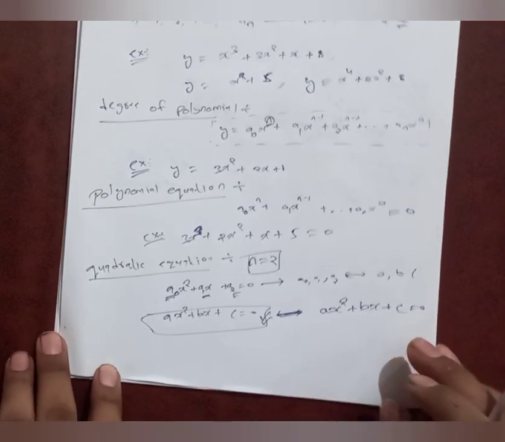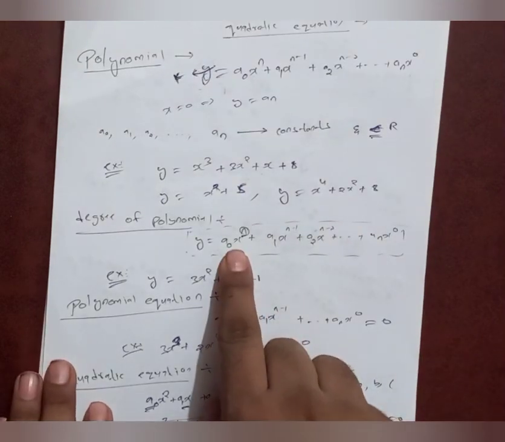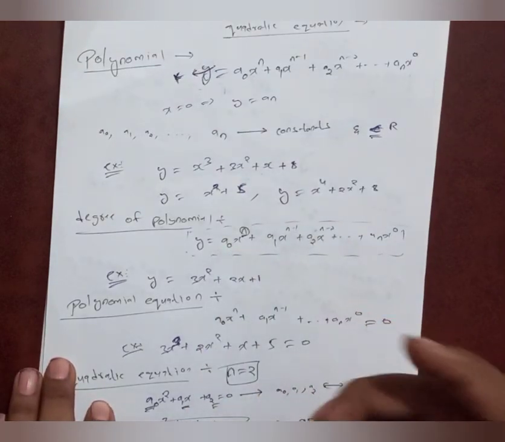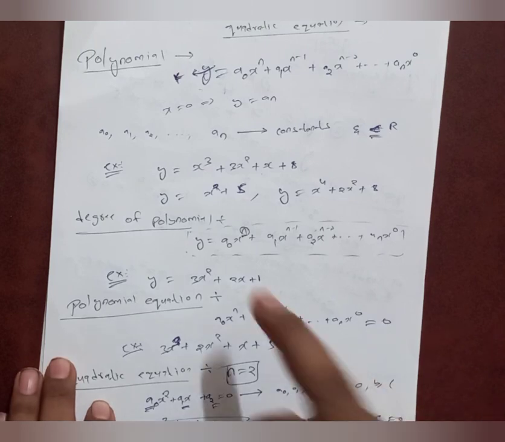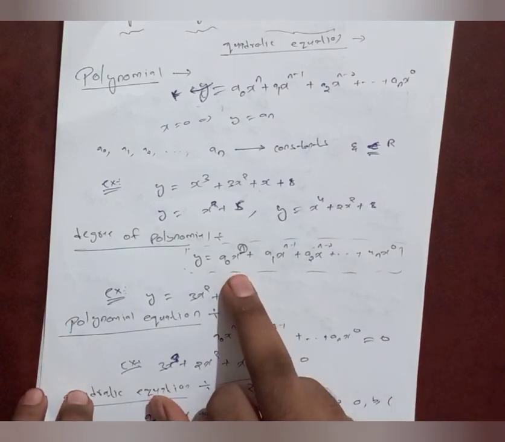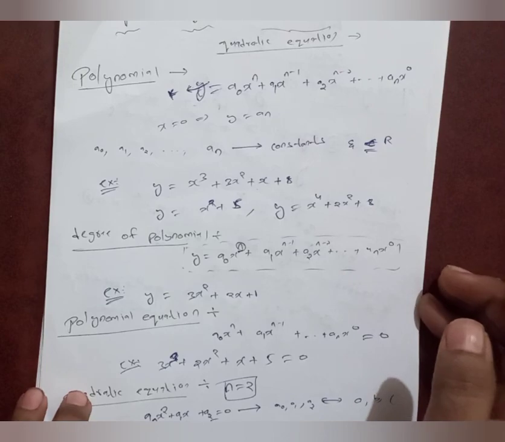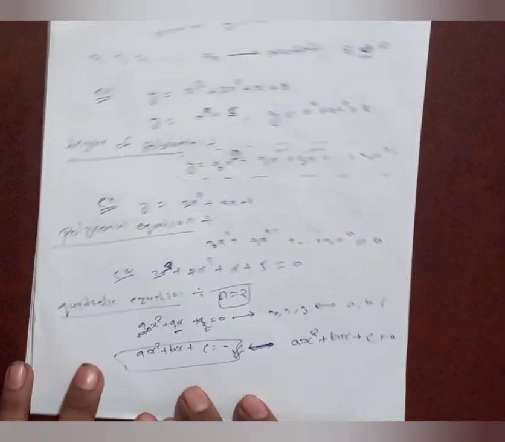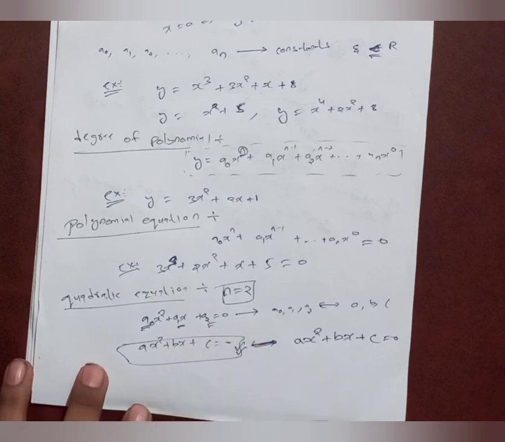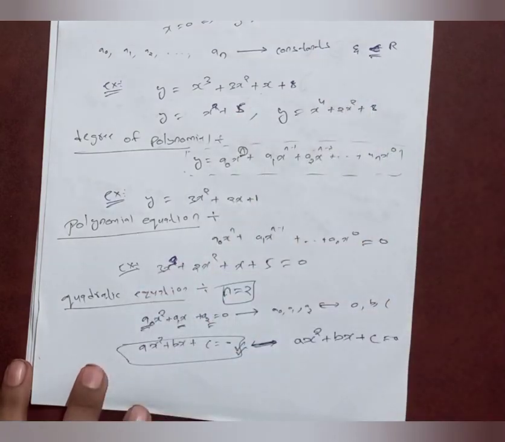Friends, there is an important topic, that is the number of roots of a polynomial equation. The number of roots of a polynomial equation is equal to the highest power, or the degree, of the polynomial equation. Yes, I will repeat again, no problem. The number of roots of a polynomial equation is equal to its degree, or we can also say the highest power of the polynomial equation. So from this we can say that a quadratic equation will have two roots. They might be equal, distinct, real, or imaginary.